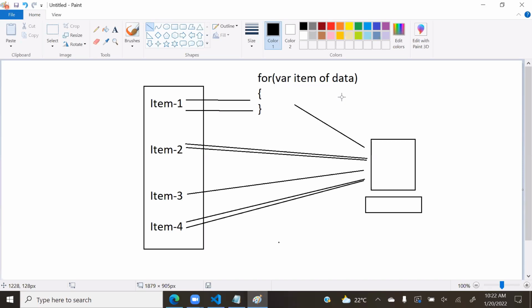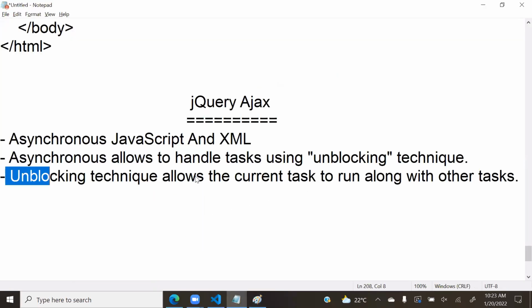Text you can see first because it is lightweight. Image will take time because it is loading, and video will take more time. They send the messages according to timing only, but which one you will see first depends on how lengthy the task is. That means all tasks are executed at a time, but which one you see depends on how lengthy the task is. So a lightweight task will come first. In web technologies, you need AJAX very much, because when a task is going on, other tasks should work in the background. They should not wait for the task. That is the reason AJAX is very important